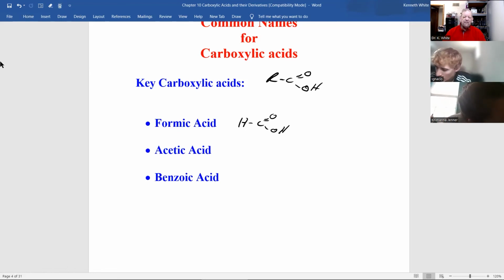Nobody calls that methanoic acid, which would be one carbon, methane, drop the E and add OIC. It's called formic acid. Now, how many of you have ever heard of the fire ants? Those are ants, thank God they're not in Illinois. Hope they never will be. But anyways,